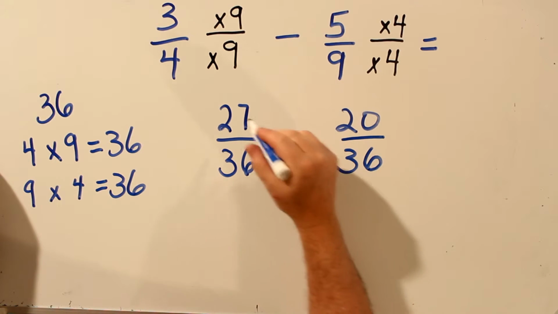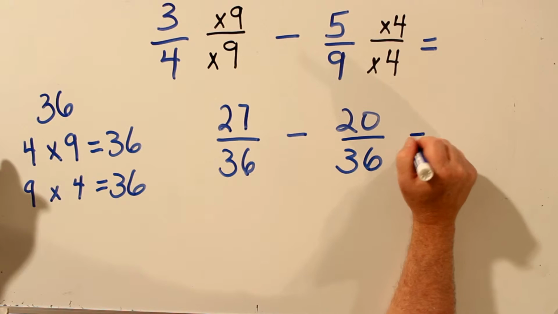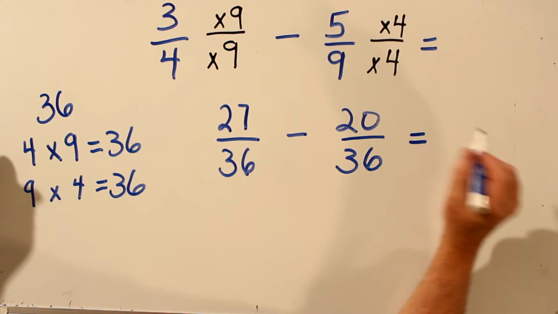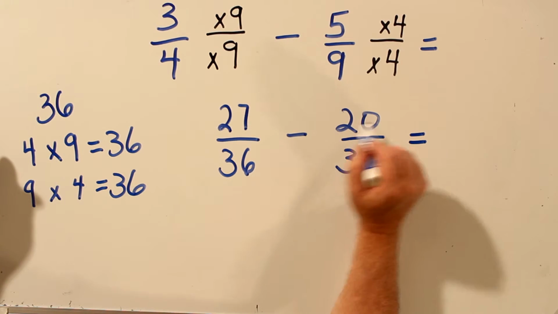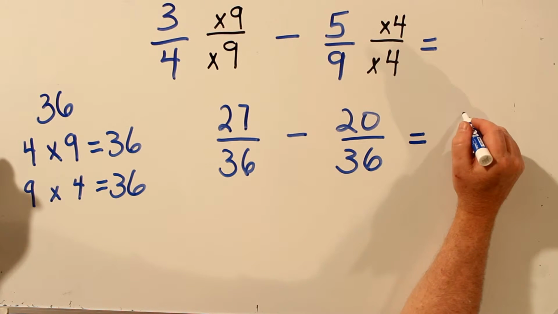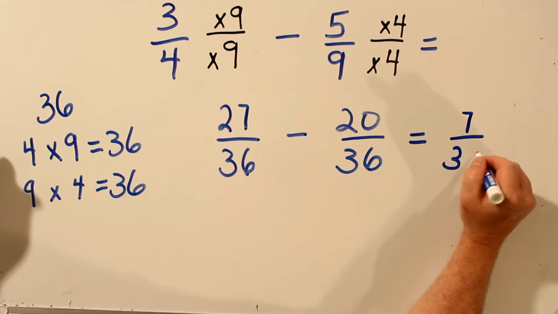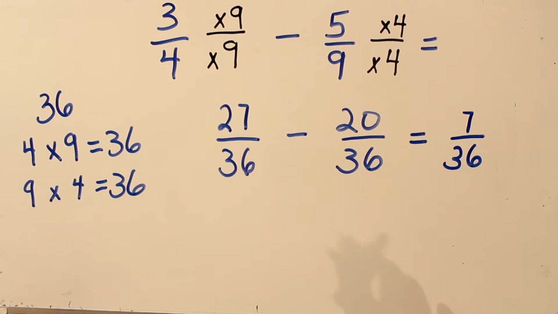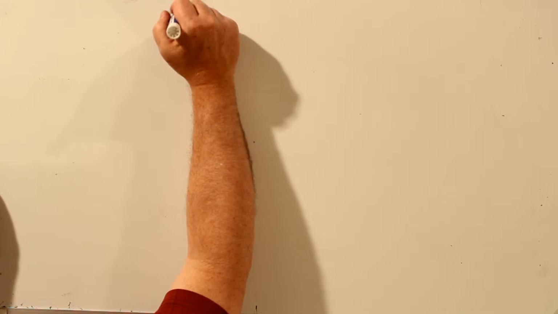Now we have the same value of fractions, but 36 is the bottom number in both cases. So we can subtract these two fractions. To subtract, we subtract across the top. 27 minus 20 is 7. And keep the bottom number the same. And 7 over 36 is the answer. Let's try subtracting 4/6